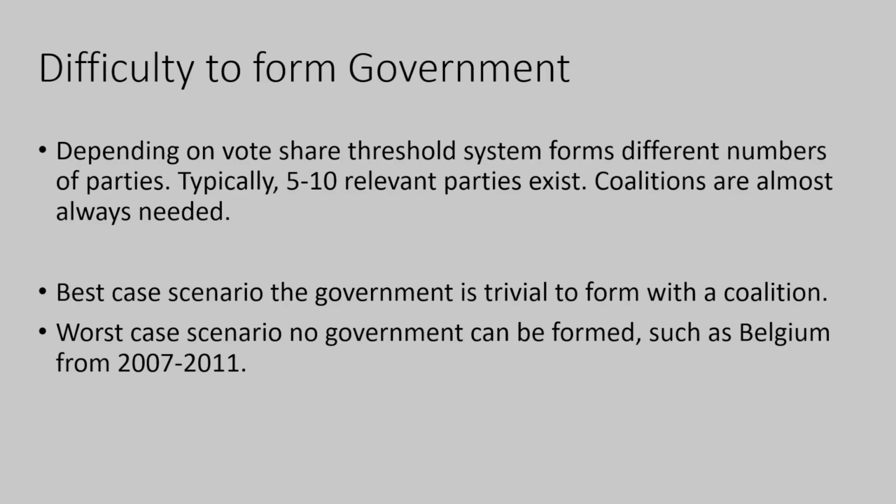This is not true in countries that have a lot of unity, such as Sweden, but if you have a very divisive divide in your country, such as Belgium, it can be extremely difficult to form governments, or not as divisive, but still